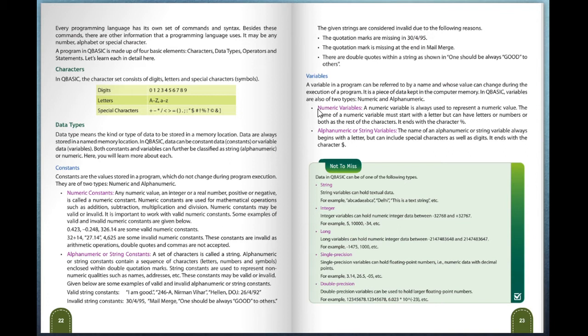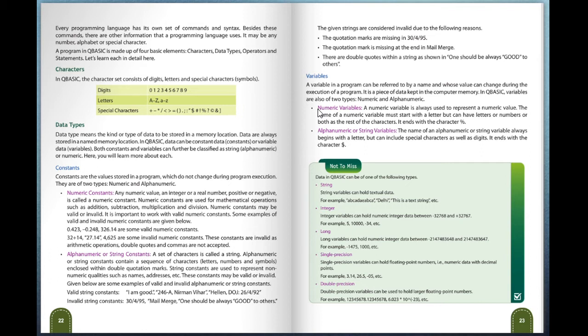Variables: a variable in a program is referred to by a name and its value can be changed during the execution of a program. For example, the value of variable a is equal to 10, which may be changed to any other value during the execution of the program.